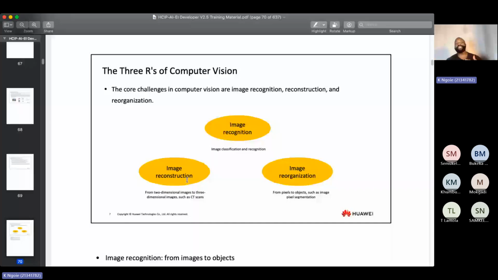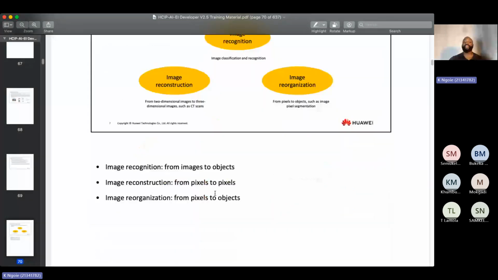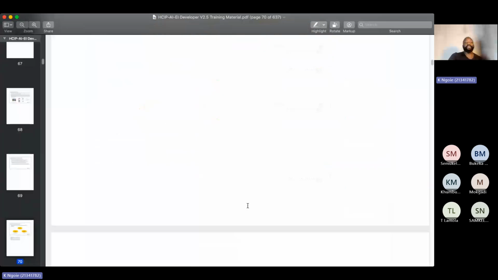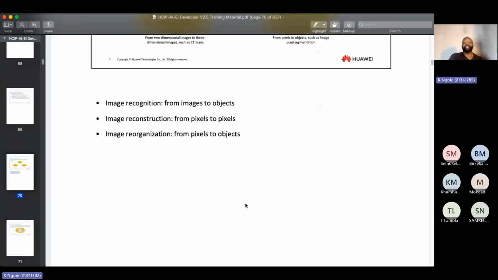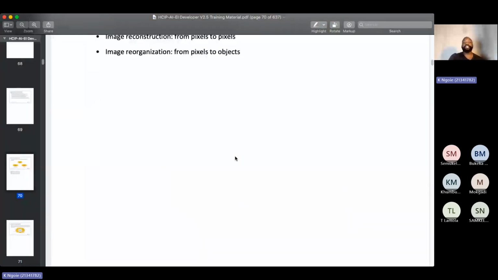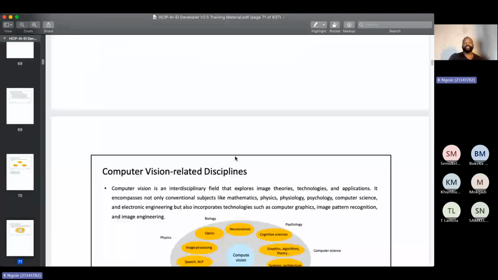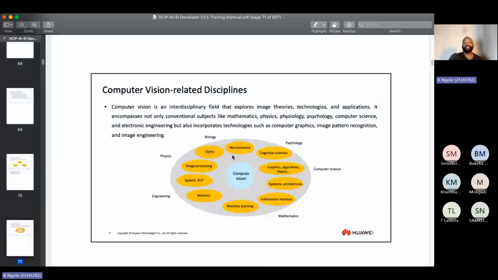So the image reconstruction can reconstruct the rest of the image. So that is how computer vision works. When we talk about the 3R, we talk about image recognition, image reconstruction, and image reorganization. All right. So computer vision is really, there are a lot of